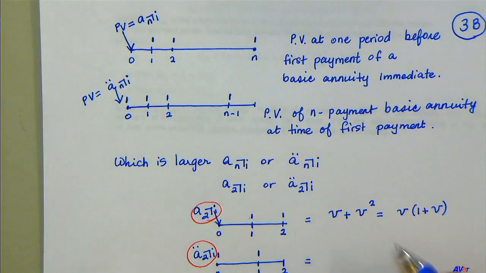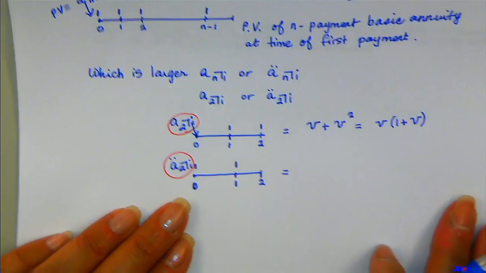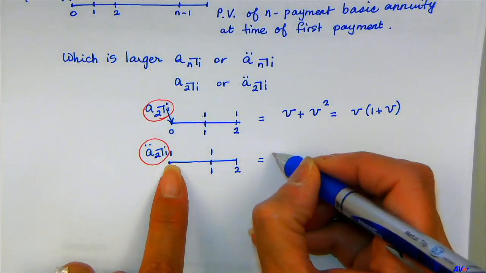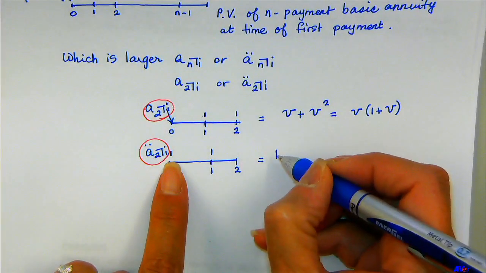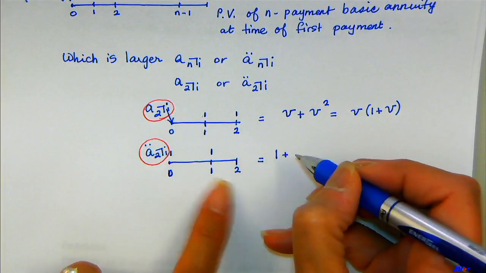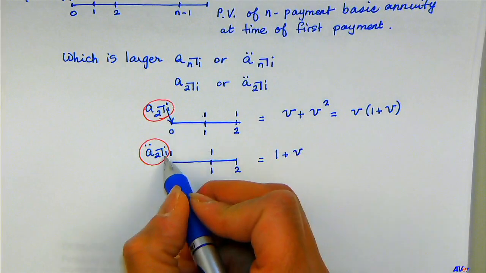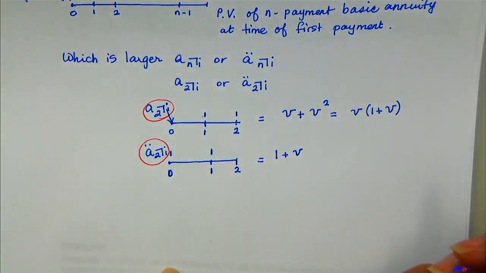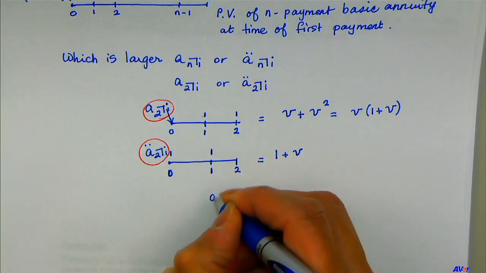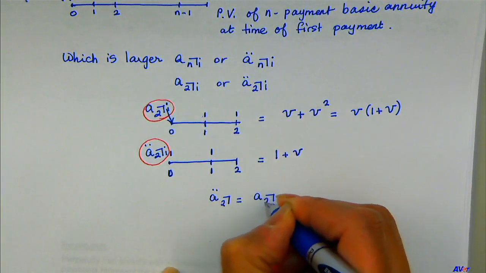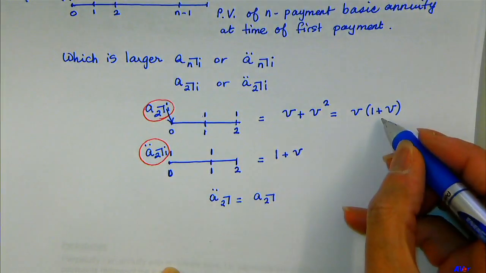Can you find me the present value of this mess? Yeah, the present value of this 1 is just 1 because it's already at time 0, plus the present value of this 1 is V because I'm bringing it back 1 period. So A double dot angle 2 is equal to A angle 2 times